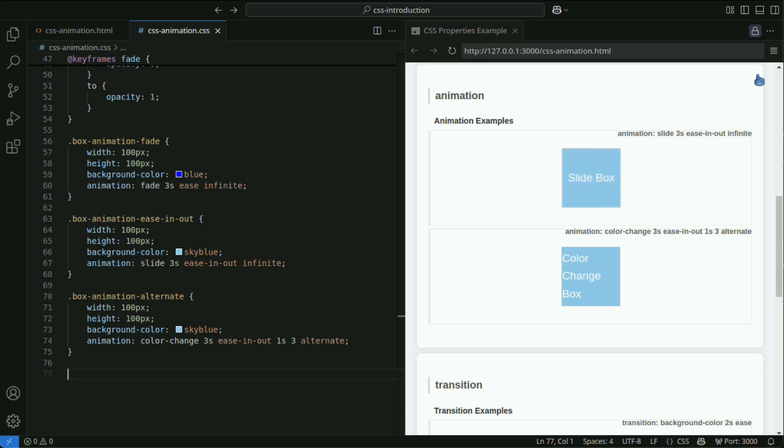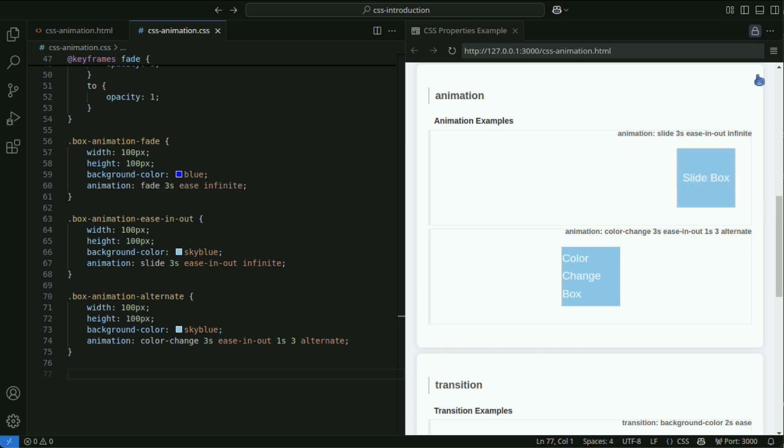The 3 following the 1s is the animation iteration count, meaning the animation repeats 3 times. Alternate is the animation direction, specifying the direction of animation playback. Alternate specifies that the animation plays alternately.